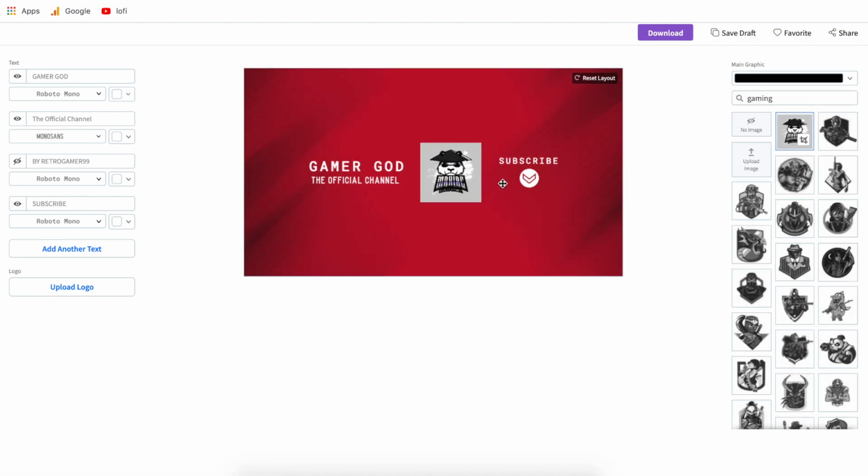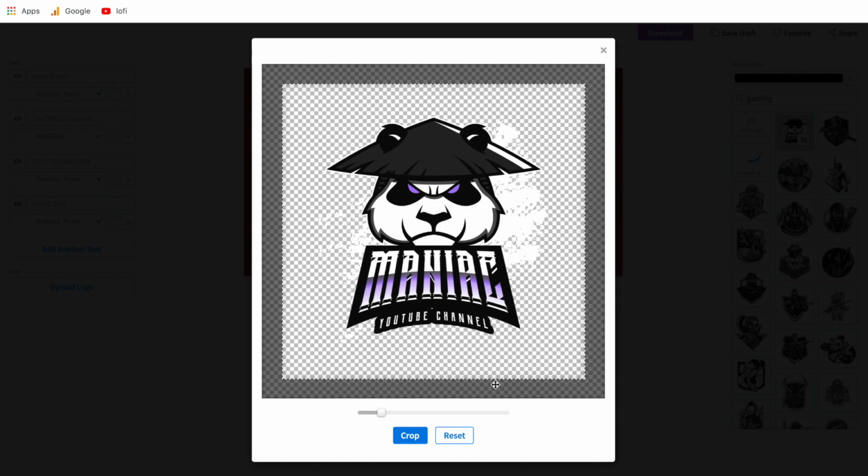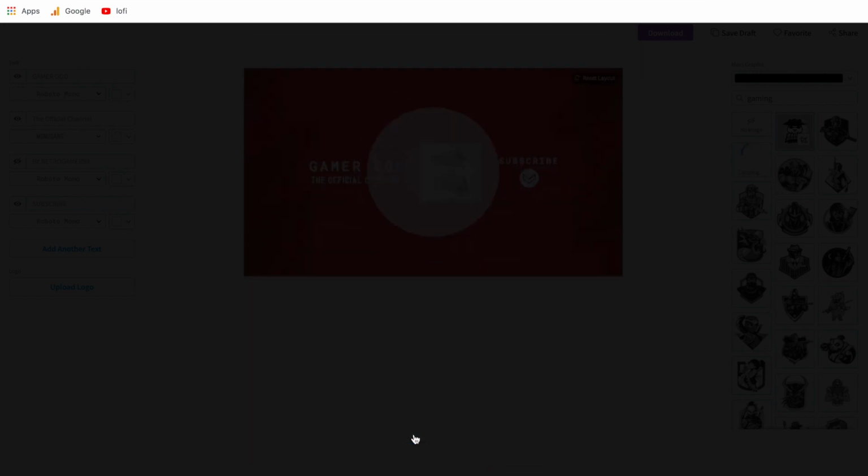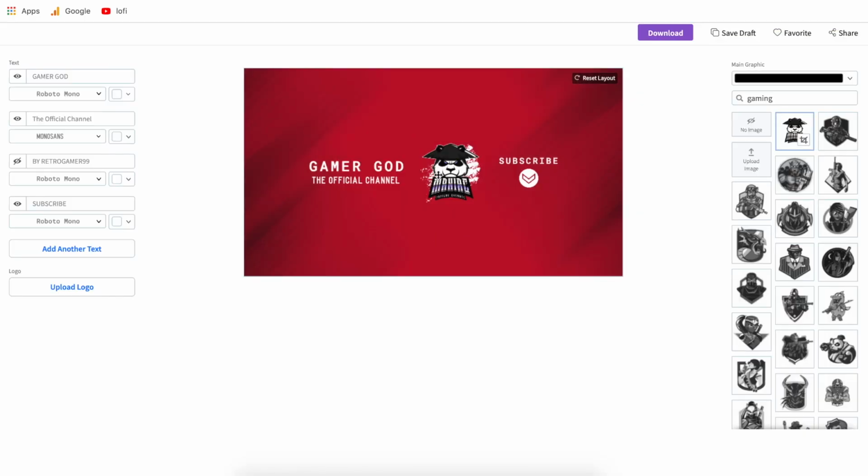So what we want to do is go back to upload image and select the one that had the transparent background. Now when we upload this, you can see the checkerboard, meaning that it's a transparent background. And when we upload it, it's going to look a lot better on this background. Now if we change this background from red over to gray, we can start to give our banner photo the same feel as our YouTube logo.